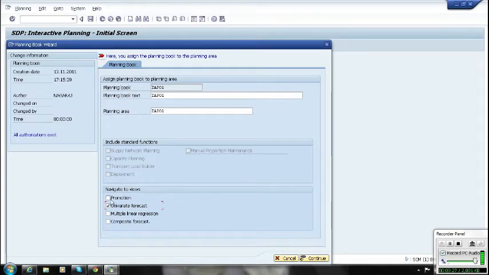Same thing for promotion, multilinear and composite. Can you select multiple for each of them, right? Yes, these are tick marks only. If it is a radio button, you can select only one, but if it is a tick, you can select multiple. If you want, we can select multiple. Anyway, univariate, MLR and composite we will discuss in the next session, like that is the master forecast profile. Okay, and go to continue.